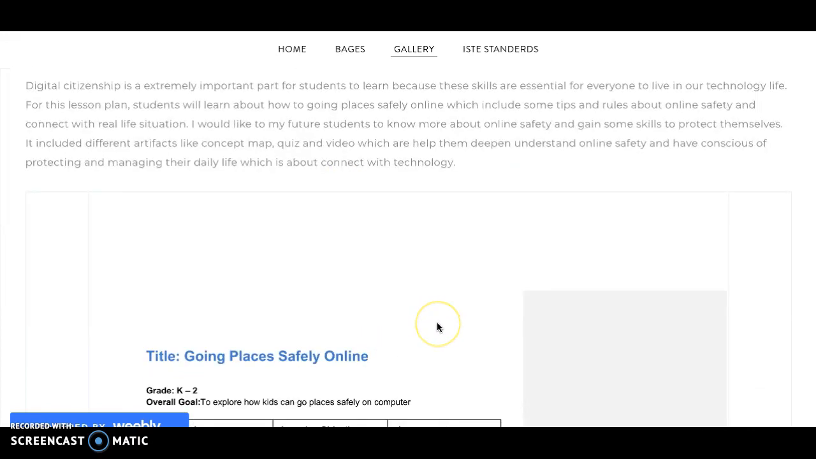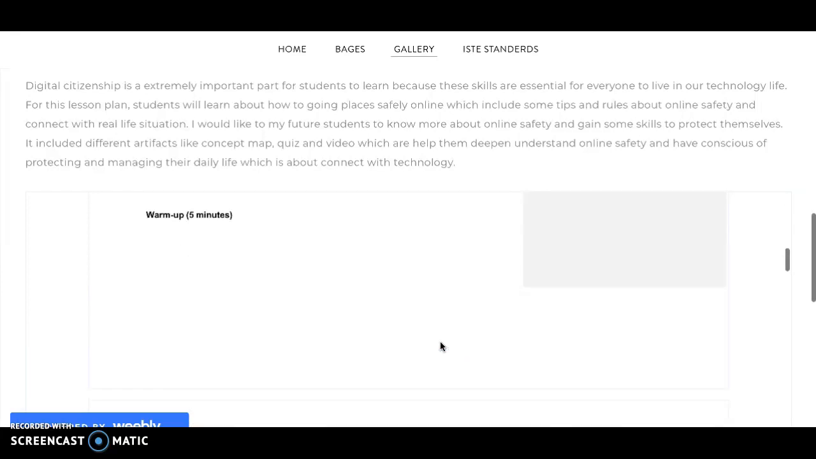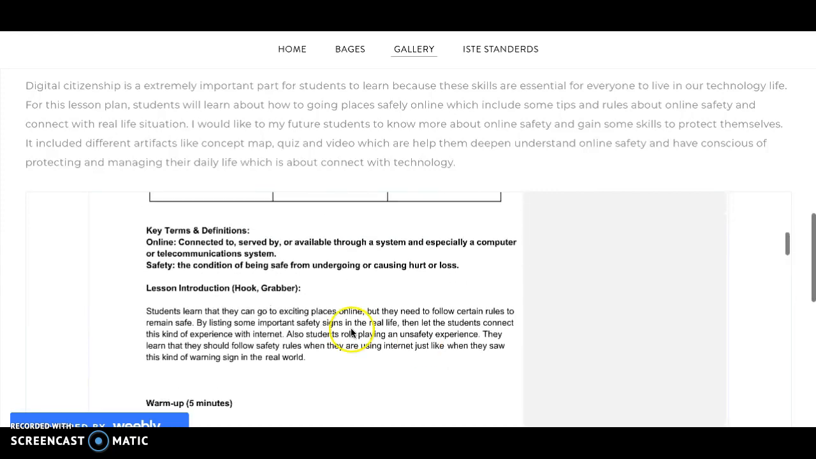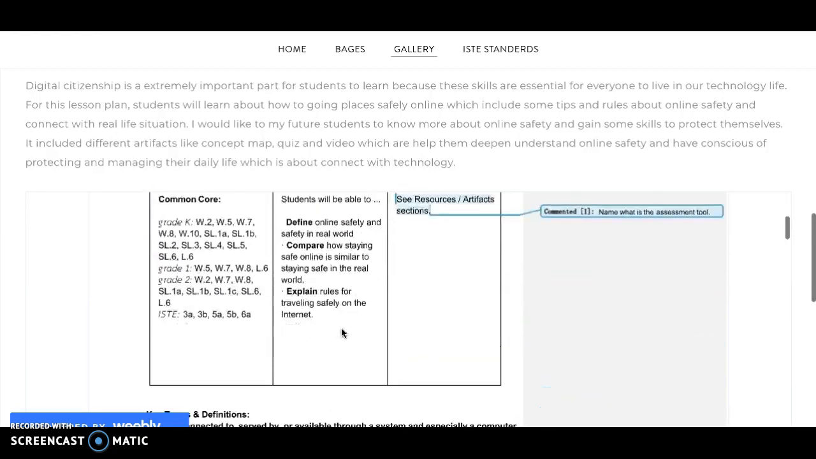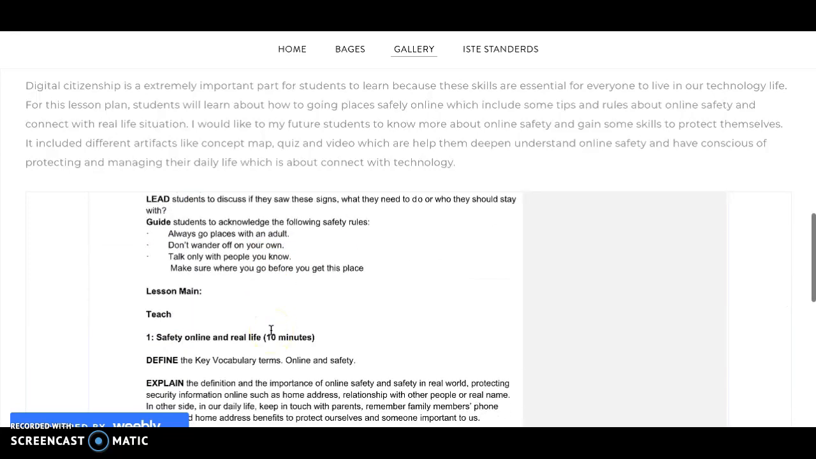I also have a lesson plan called digital citizenship. This is about going places safely online. For this lesson plan, it includes some rules and tips on how to stay safe online. For this lesson plan, I used one artifact and my two partners also used two artifacts to complete it. I think this one is very necessary to protect them